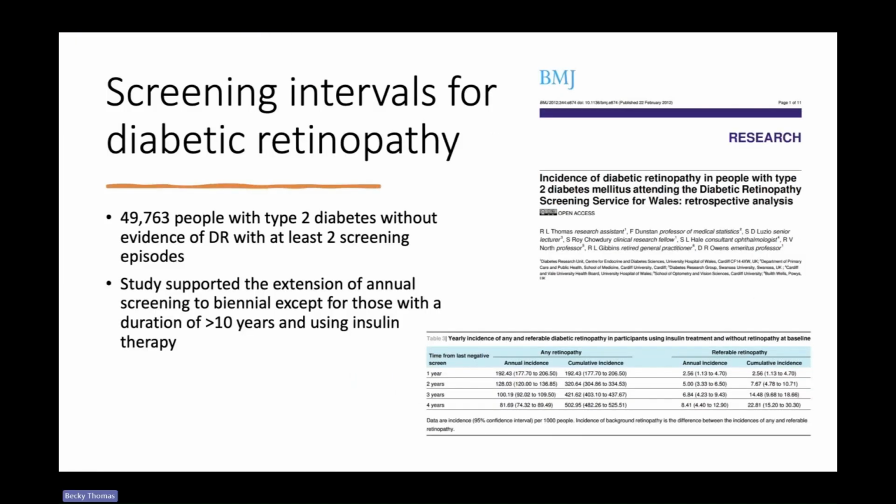So for screening intervals, we took data for people with type 2 diabetes. Our inclusion was that they had to have had at least 2 screening intervals without any diabetic retinopathy present within those 2 screening intervals. So they definitely had no retinopathy. And we were looking at how quickly they developed some form of retinopathy or how quickly they developed a referable